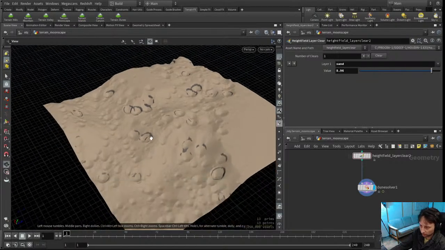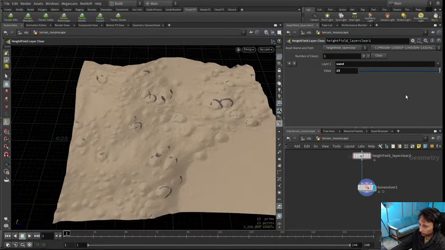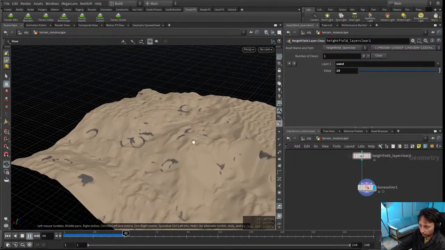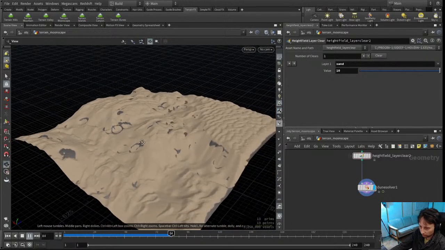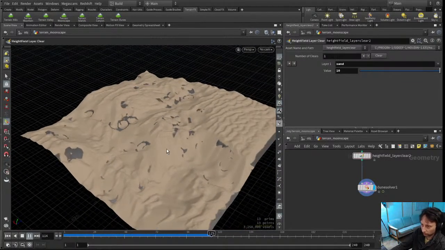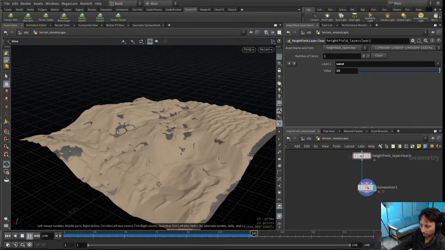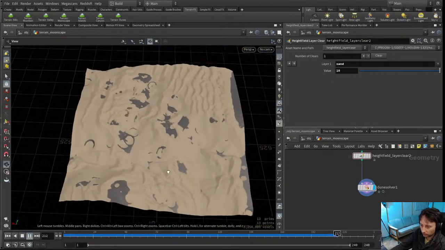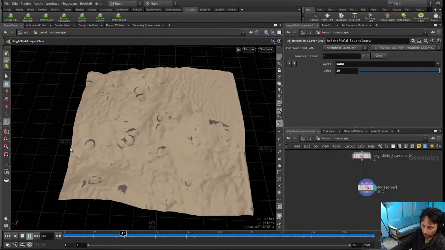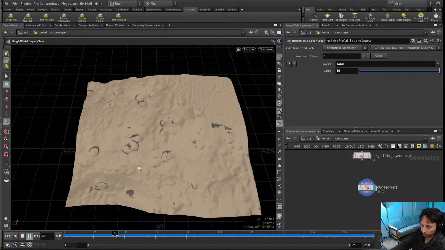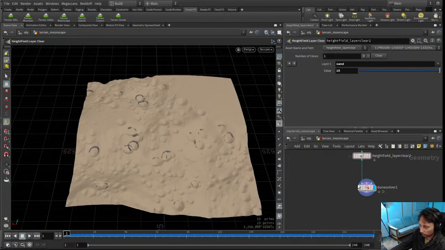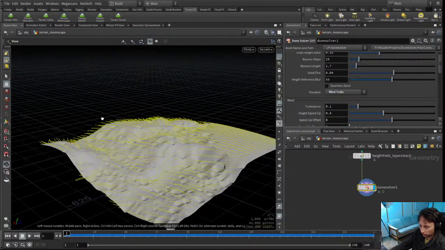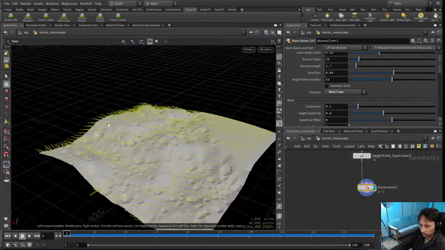This sand isn't simulated yet, but if we hit play, now we got simulated sand flowing across what was a lunar surface. You can see we're getting some dunes forming. You can see by default the sand just moves in the positive x-axis. It does have some warping. You can check out the wind trails here. So you can see these are